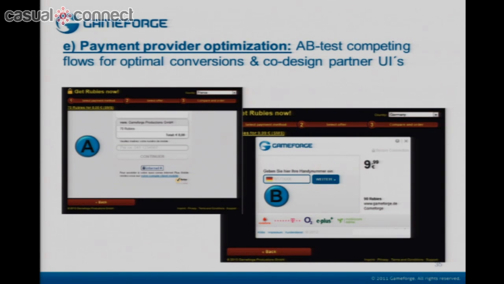Another thing which is very, very important for us, but is difficult, and we are already doing this, is that we are talking to all of our payment partners regarding their part of the payment funnel, because most of the payment partners are integrated via iframe. So we do very small integrations via API solutions where we develop the UI, and therefore we are speaking with the people from the payment providers and helping them to optimize the usability and the user experience to increase the conversion rate also on their part of the payment funnel.